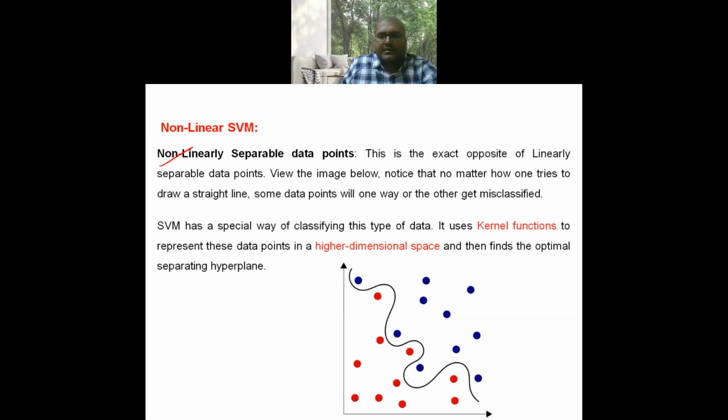Here, the data points cannot be classified with the help of a single straight line or a hyperplane. We cannot separate the data into two classes with a straight line or a hyperplane. So here what we need to do is apply SVM kernels